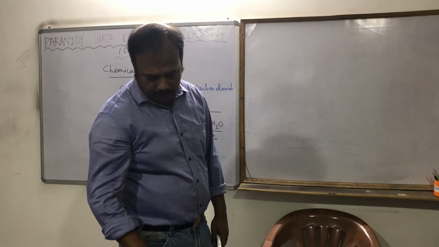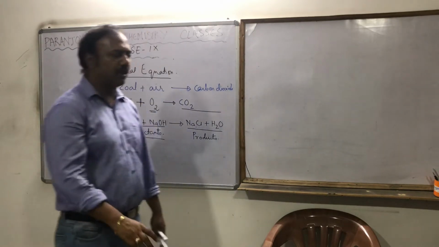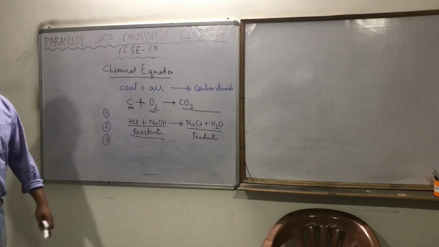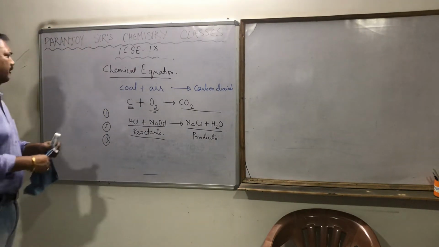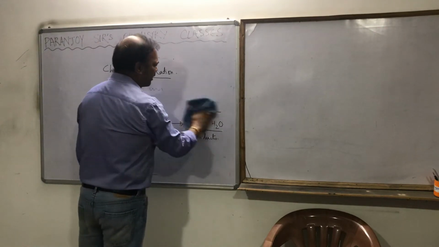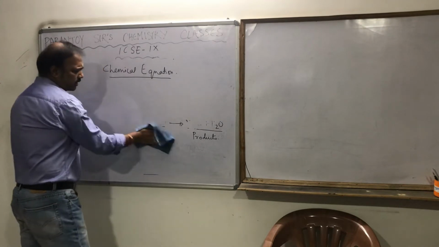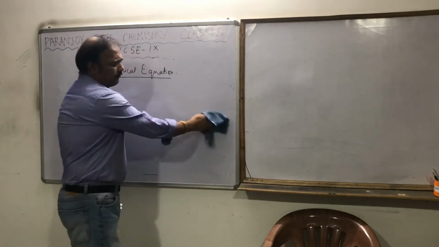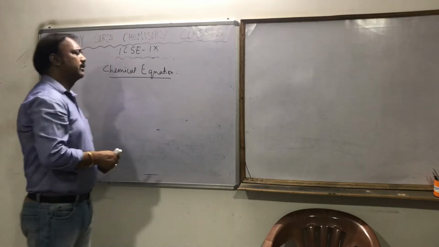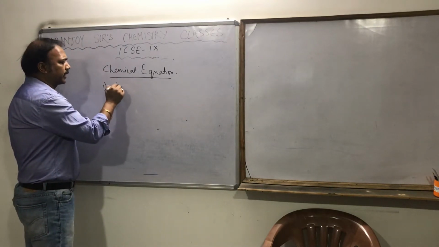Then chemical reactions can now be of different types. Let us just see the 4 types. It may be more than that also, but just the basic 4 types you are going to see. You must understand this. The 4 types are as follows. In the first type, there are 2 reactants